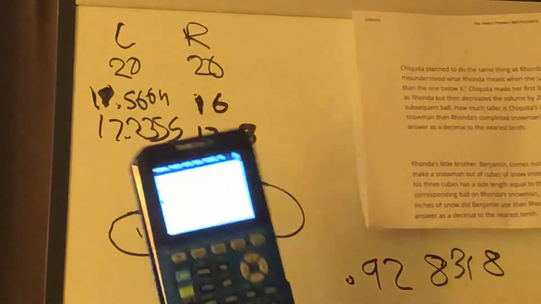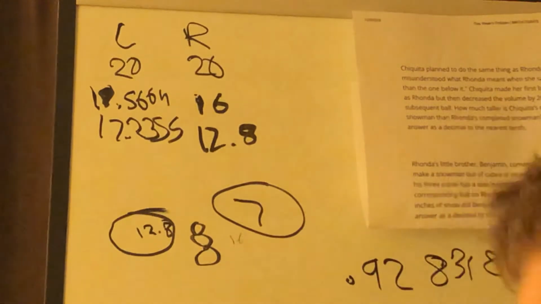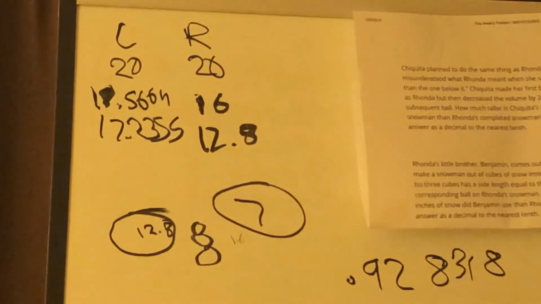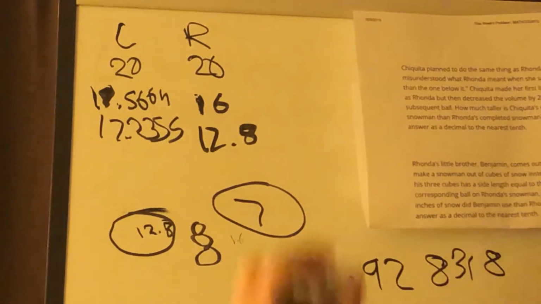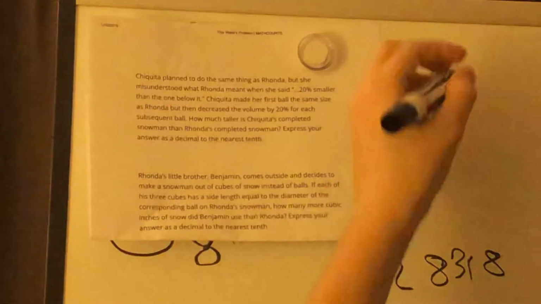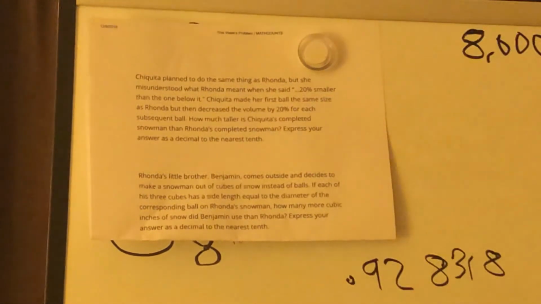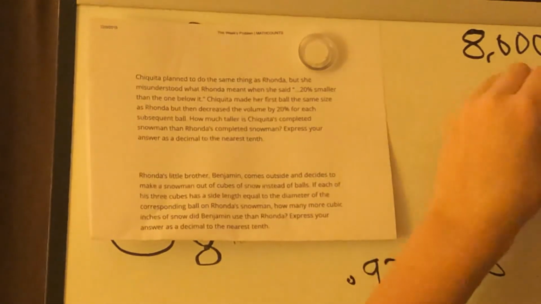So here we are going to use our calculators. We are going to use some ratios, I'm seeing. But first we got to see, of course, the cubic ball, kind of, if that's how you want to say it, is going to be 8,000, because 20 cubed. And in fact, we're going to use the 4/3